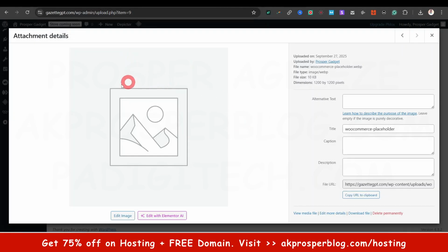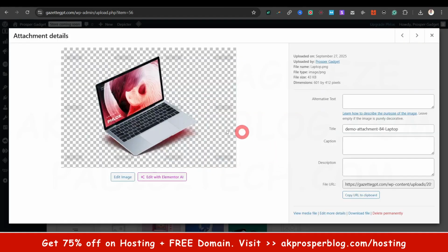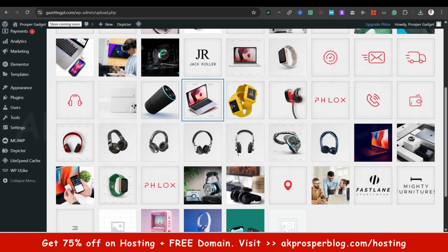Okay, so that means any place that we are supposed to have a product image and the product image was not uploaded, this is the image that will appear here. Now, if I pick another image, maybe this image, for example, you can see the number is 56. All right, so you can see the item equals 56. So that's the number that was